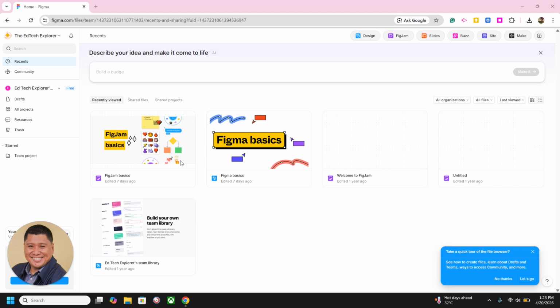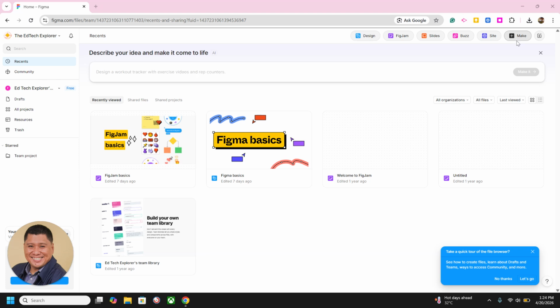Also, some of our students utilize Figma to create their film book or their magazine for their thesis films. For today's episode, I'll be sharing how I utilize Figma. Aside from creating prototypes for your magazines, websites and mobile phones, you can also create learning materials using Figma AI by using the Make feature, as you can see here.